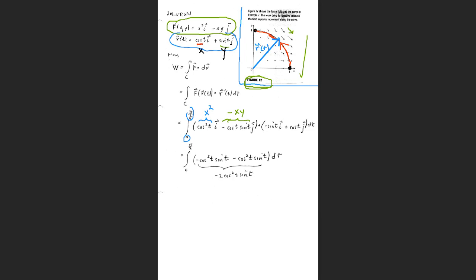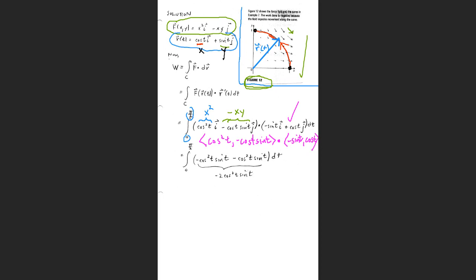Okay, and then this is your, you see your derivative vector. Now you could write this like this if you wanted. You could write this as cosine squared of t, comma, negative cosine of t, sine of t, right? And you could dot it with negative sine of t, cosine of t. So